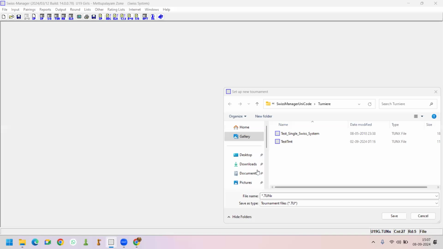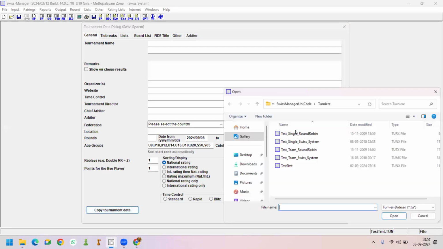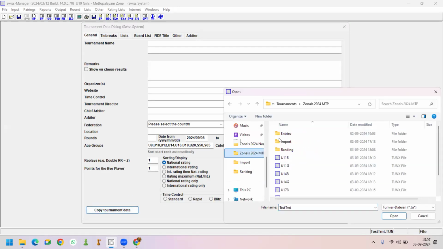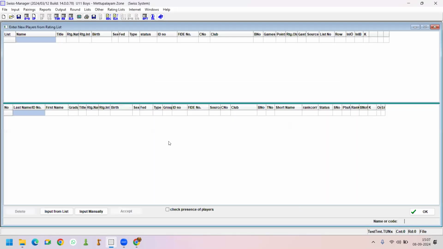Let me create a test tournament, which we have already created. Yes, there's a test tournament already here. Let me overwrite it. Yes. Let me copy the data in case of anything. Okay, I have a different tournament, just for example. And here, in order to import it,